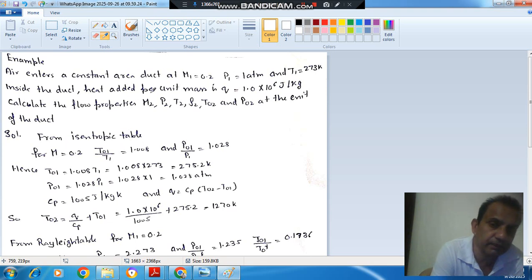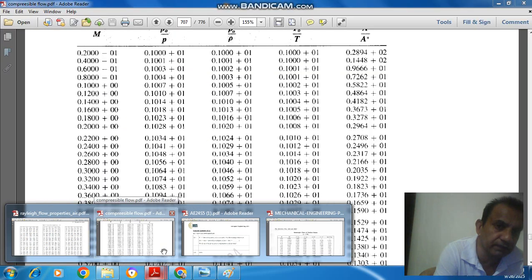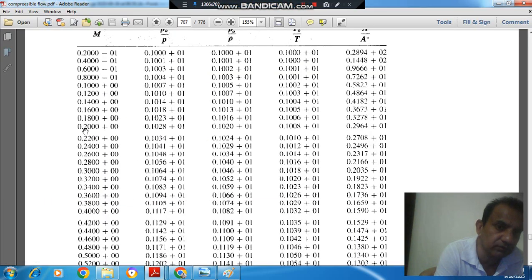So here initial Mach number is given as 0.2, and from the isentropic table we can see the various pressure ratio and temperature ratio for 0.2. So here this is the isentropic table, and this line is corresponding to 0.2. The pressure ratio, P0 by P, is 0.1028 plus